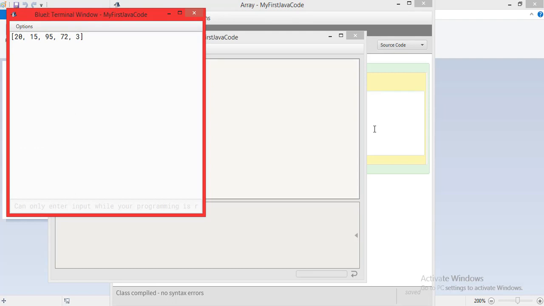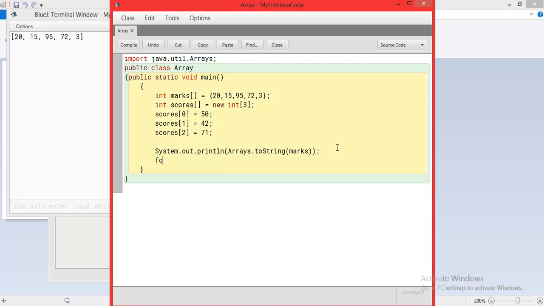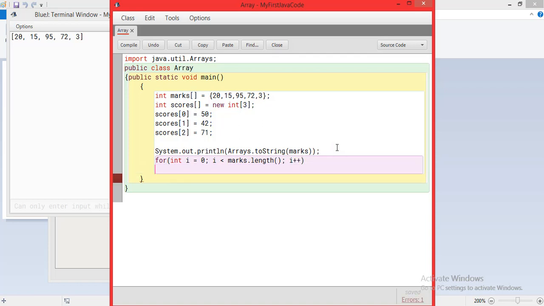If I don't want to do it this way, there is one more way of doing it. So I'll use a loop. I'll say for, I'll create a variable i that starts at 0 because array positions start at 0. i should be less than marks.length. Okay, and I'll do i++. So every time it is supposed to increase by 1. Correct. Okay, so it will keep taking the values and I'll do system.out.println. Please show me marks at the position of i.